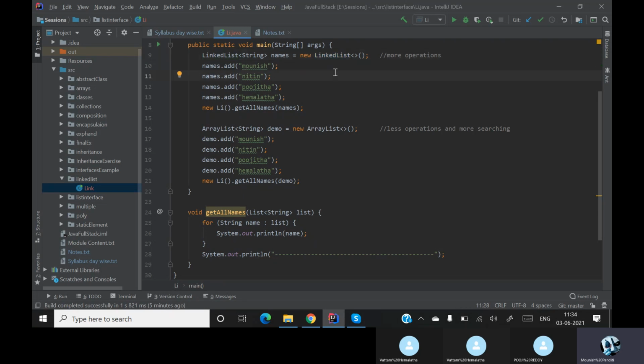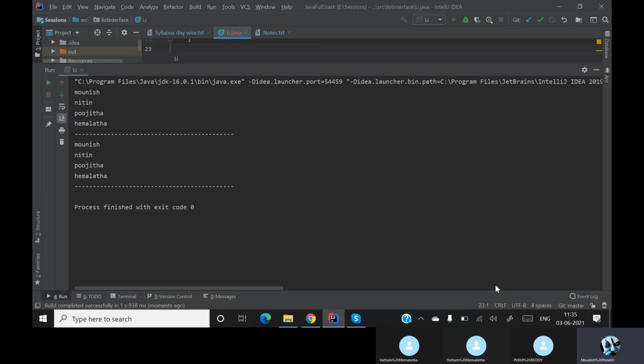Now the implementation is also the same. We will write List over here and a List over here. There is no need of mentioning whether it is an array list or a linked list. You can create an instance for a list and you can run. You will not get any kind of errors.